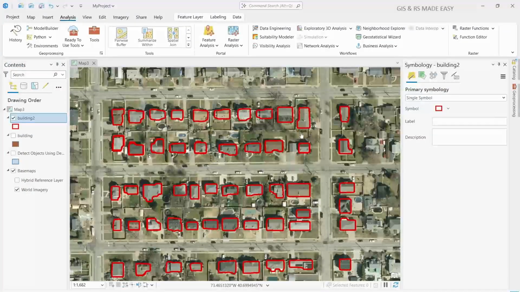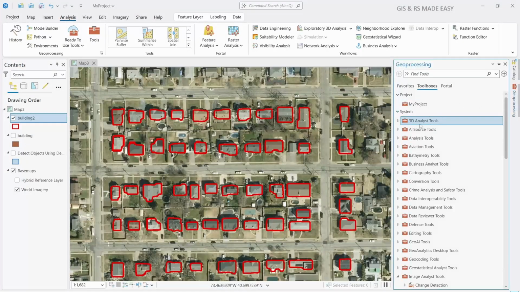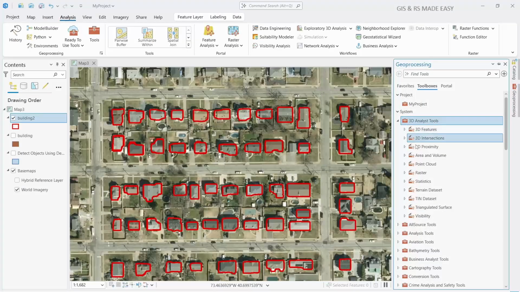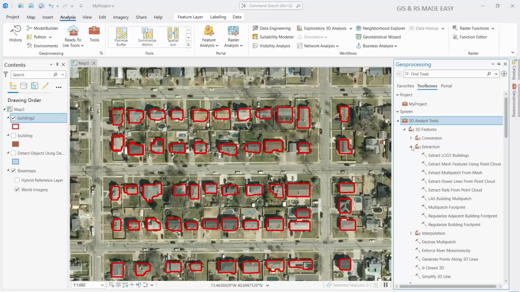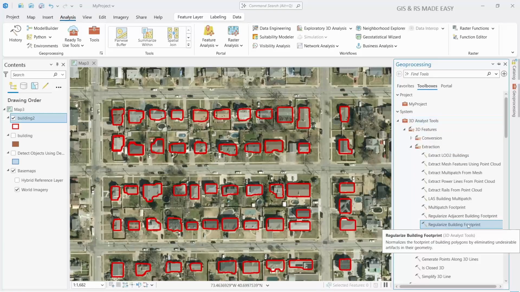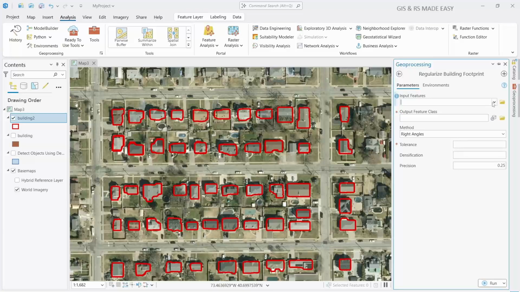To regularize the building shape, we need to go to Geoprocessing and under the 3D Analyst tool, and then expand 3D Features and Extraction. Here you will find the Regularize Building Footprint. Click on that and select the building 2,